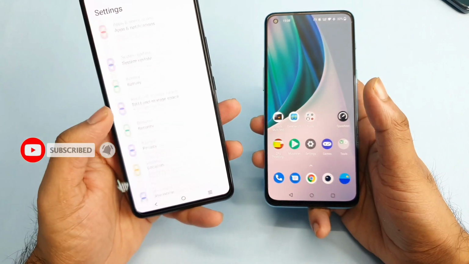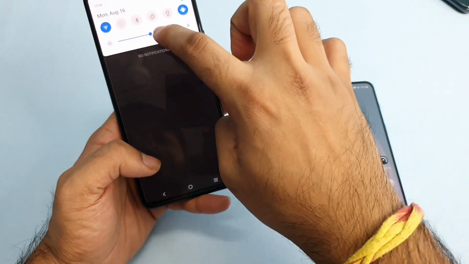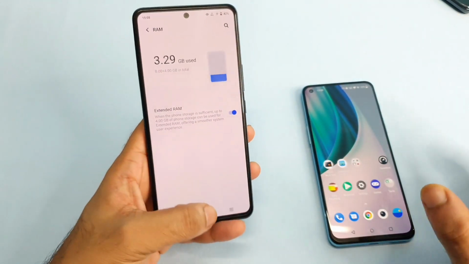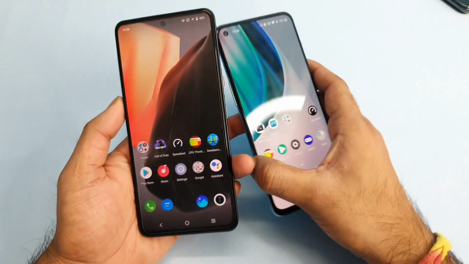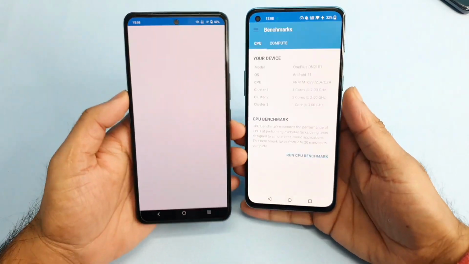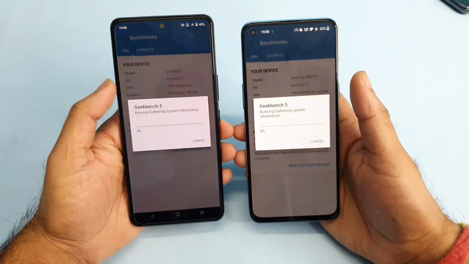And in the iQOO 7 device, the only one thing which I did turn on is the external RAM capabilities. That's it. As you can see friends, 4 GB of RAM I did turn on during this processor demonstration. Apart from that, I did not turn on any kind of gaming enhancement boosters between both phones. Now let me open the Geekbench 5 application. Both phones are 8 GB RAM variants, and 8 GB plus 4 GB in this phone. Let's start the test at the same time.